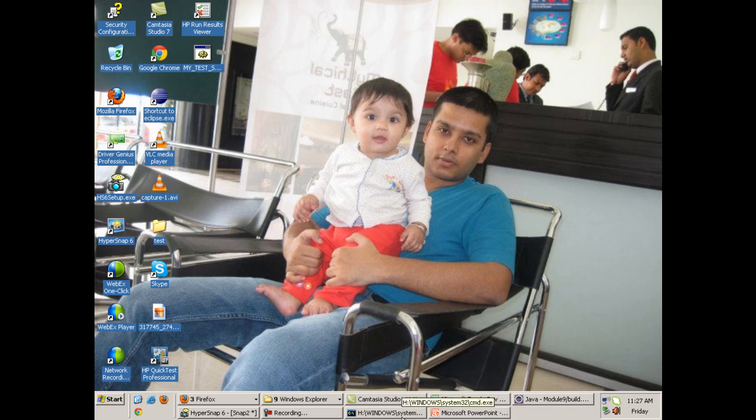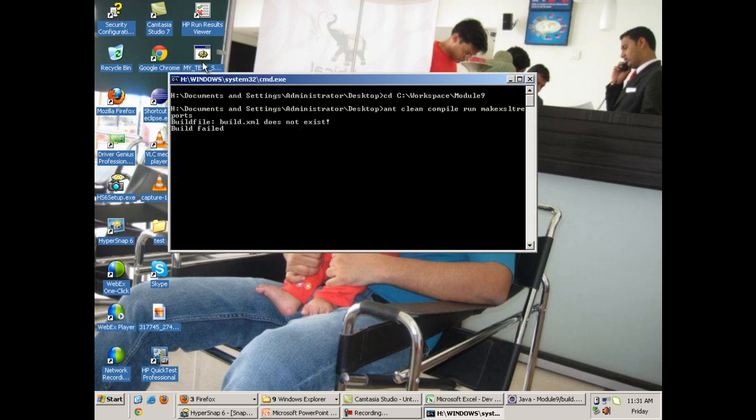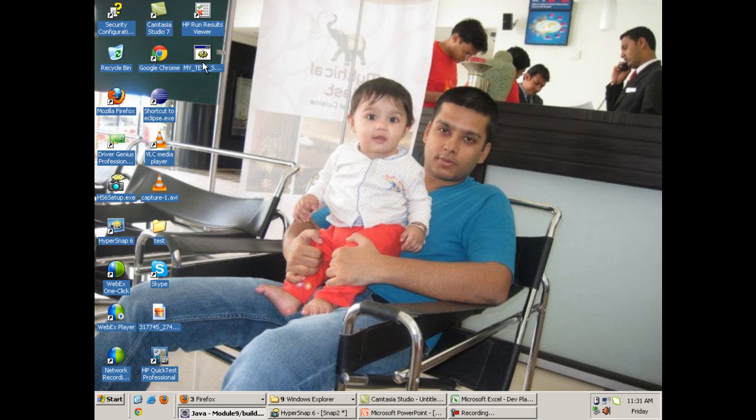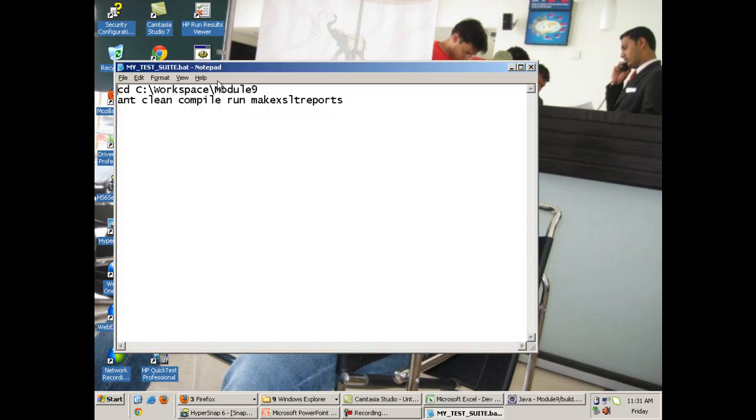Now I'll close the command prompts, and when you double click on this bat file, the Testng will start executing. It will run the tests and it will generate the reports as well. I'll double click on it and okay, I'm getting some error. Okay, it's not executing. Wait a minute. Alright, I have to give C: over here because actually my operating system is in some other drive and the workspace is in some other drive. So basically I have to navigate to the place where the project is there. Okay, first go to C drive and then go to the project, and then give the command ant clean compile make XSLT reports.